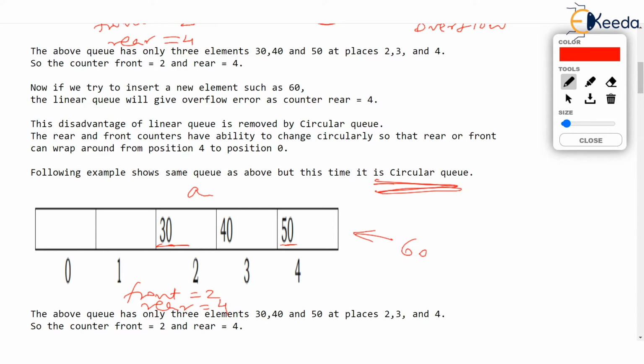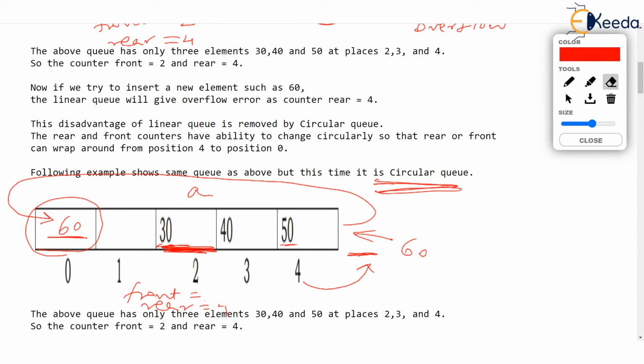Then what the circular queue program will do is it will see that there is no room after 4. But then if you go circularly and check this place here, 0th place, is it vacant? Yes, it is vacant because front is standing at 2. The queue is starting from here. So this location is empty and 60 will be dumped here.